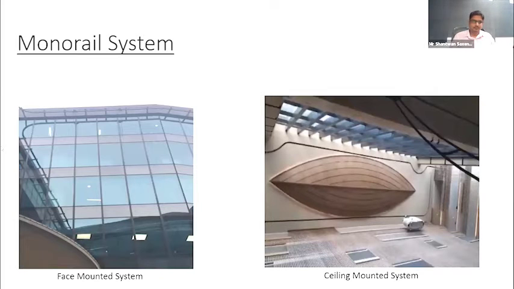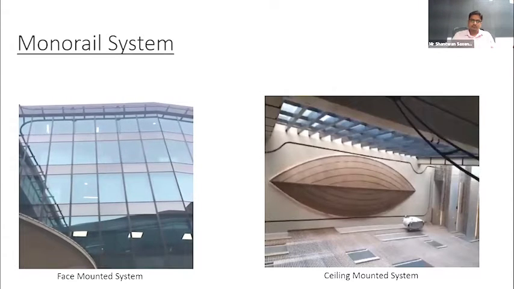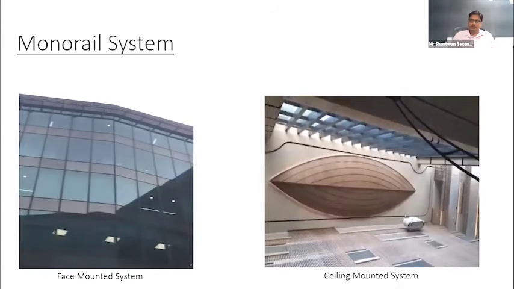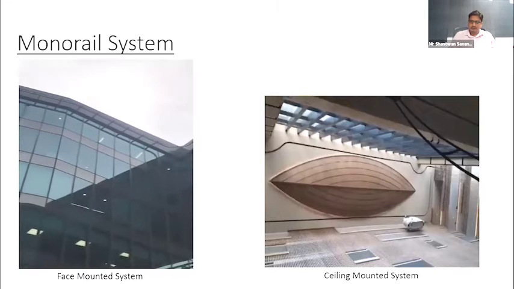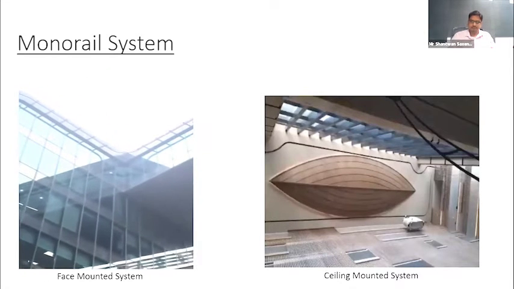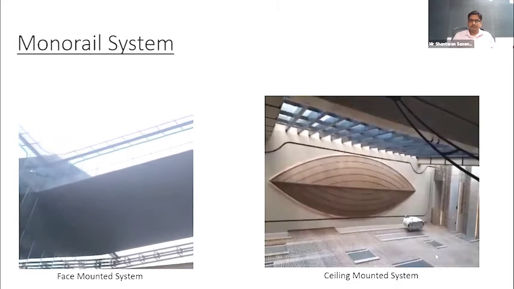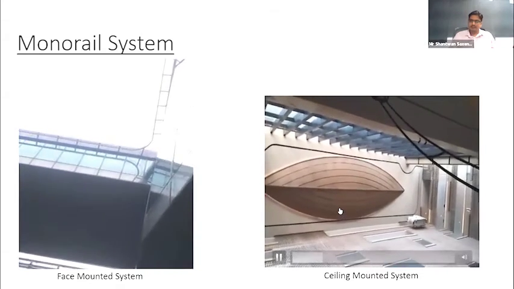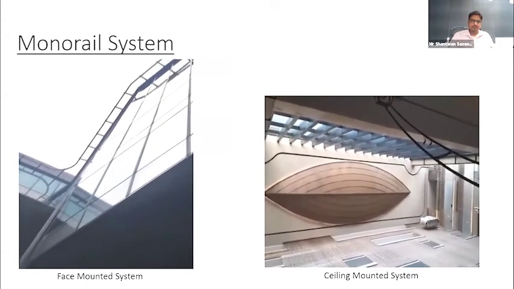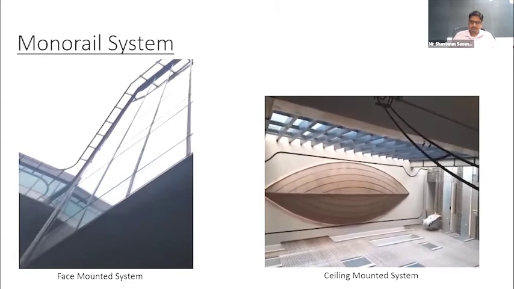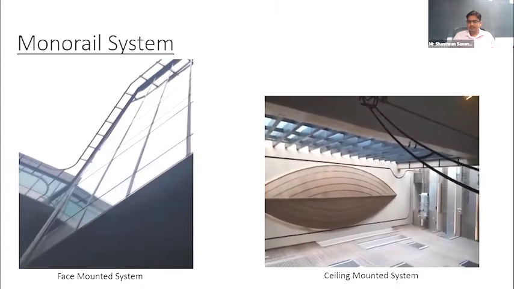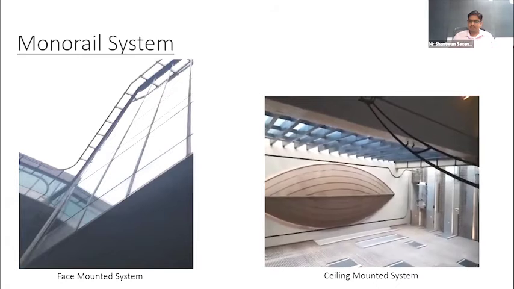Then we have this monorail system. On the left side, this one is a face mounted monorail system. The vertical movement of the cradle will be motorized, while the horizontal traversing movement of the cradle can be manual or motorized. If we look at the ceiling mounted system on the right side, this one is the concealed ceiling mounted monorail, which we had installed in one of the 5-star hotels in Goa. So this is completely concealed. None of the brackets or the track is visible from the outside, and we can get the cleaning done with the help of a double suspension cradle.